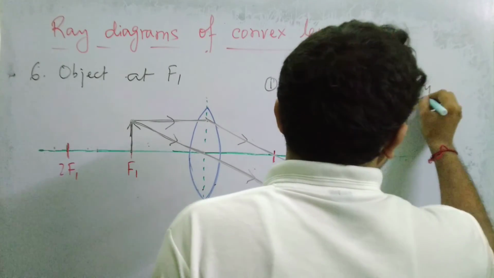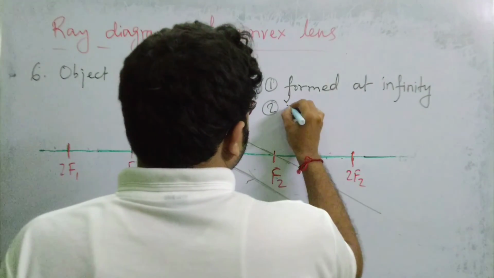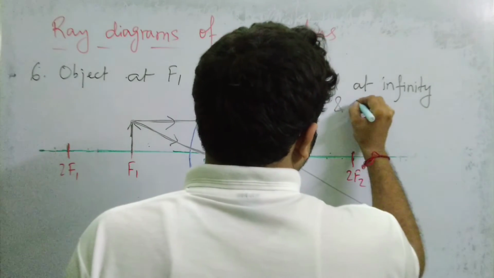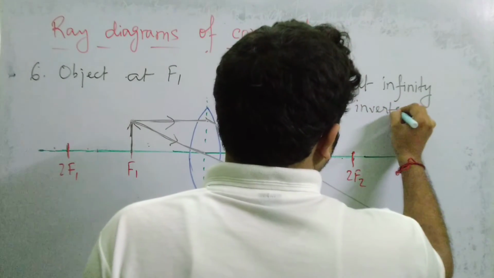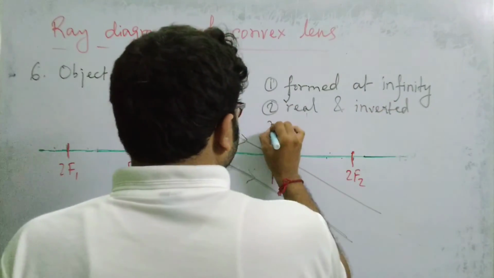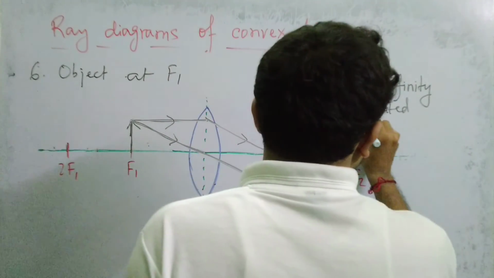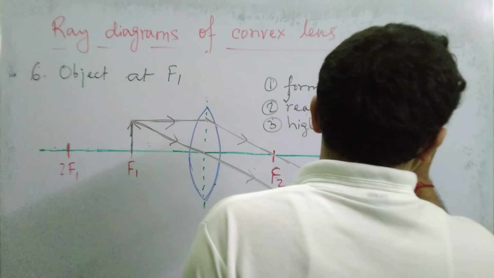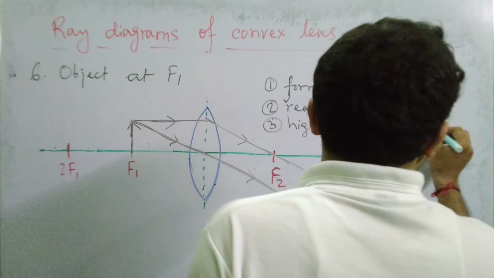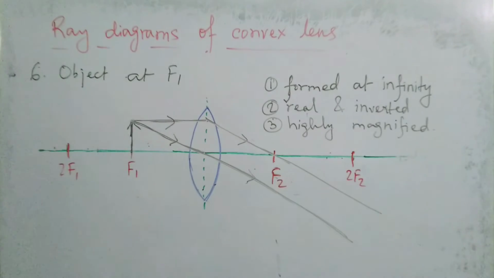So it's an interesting case. Second, obviously it's real and inverted. There is no doubt in that. And the third point is the image is highly magnified. Remember this point. Highly magnified. Okay, not only magnified but rather highly magnified. So this is the characteristic when the object is at f1. Fine. Okay. Now